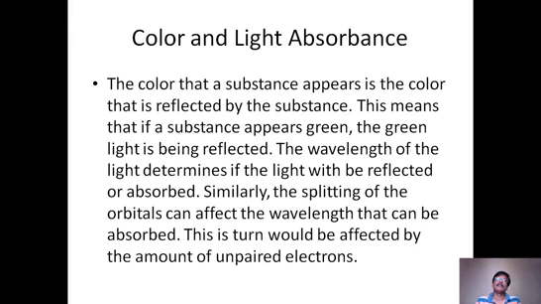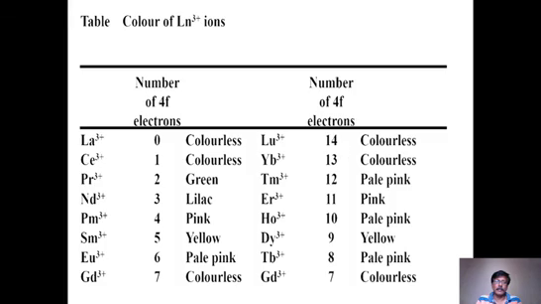But again, the condition here is in which f-block elements exhibit colors. Whether all the f-block elements exhibit colors or not means no. Generally they do not all exhibit color. Just like magnetic moment, here also we need unpaired electrons, because if all orbitals are filled, then f-f transition, that is f orbital to f orbital electron transition, is not possible. If that transition is not possible, then color absorption is not possible. Therefore, it doesn't look colored. So for color formation, it is necessary that it should have unpaired electrons. Otherwise, color formation is not possible.